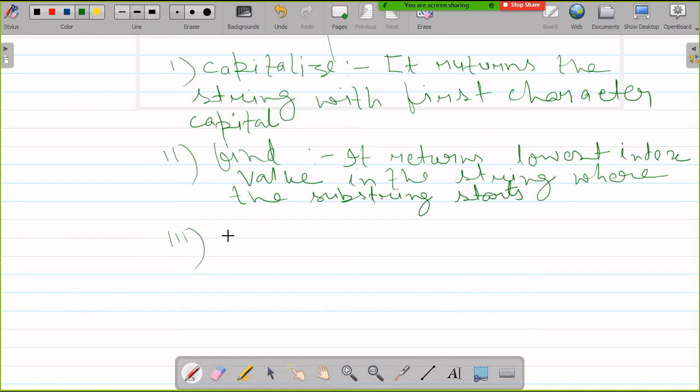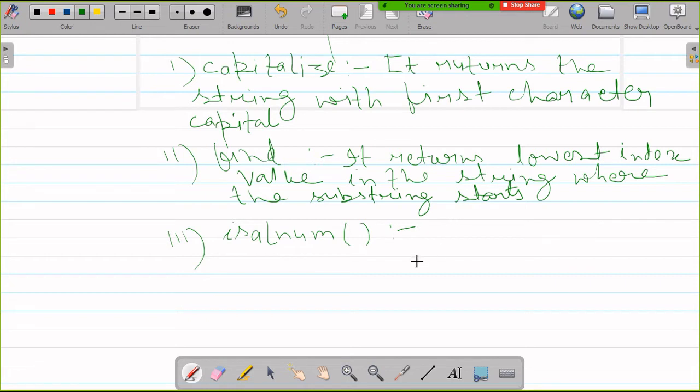The is functions check whether the string is alphanumeric or not. So isalnum means is alphanumeric.